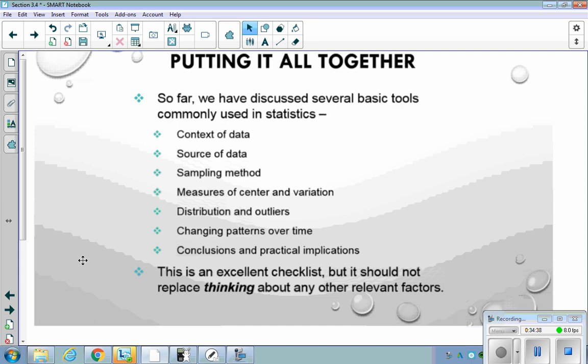Changing patterns over time. Do those change? Yeah. Can we illustrate them? That's a time series graph, isn't it? And conclusions and practical implications. You know what? We may know something, but does it really matter? Is it a practical thing? Okay? Okay. Good. We'll do a sample of a box